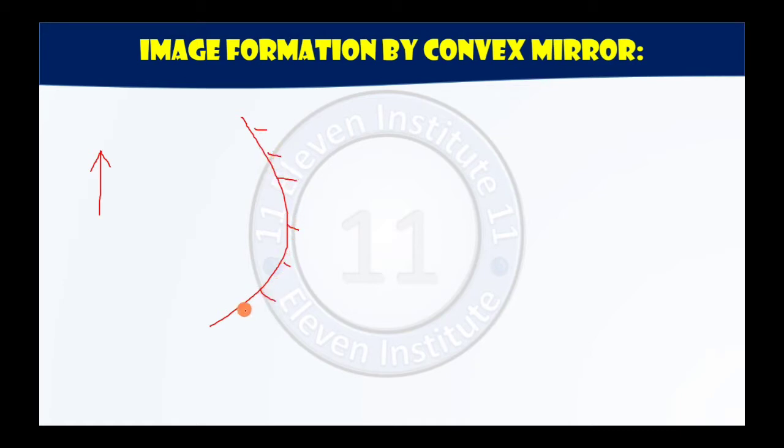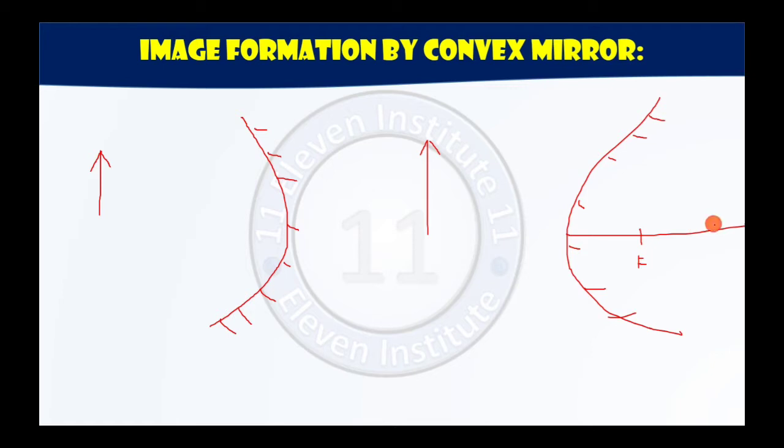Now suppose we take the example of a convex mirror, which is like this. The outer part is reflecting, so the inner part will be non-reflecting, like this. We will shade it. Again you will place the object on the left side. But for this mirror, the focal point is over here, the center of curvature is over here, so you do not have many positions. You have only two positions, very far and very near, or far from the mirror and near to the mirror. So for convex mirror we have only two cases.